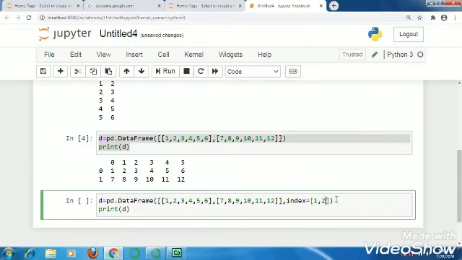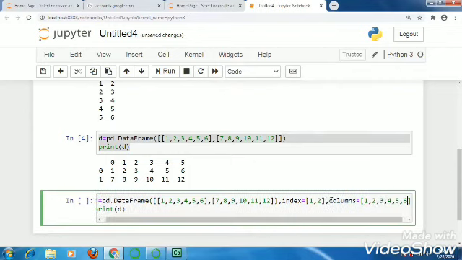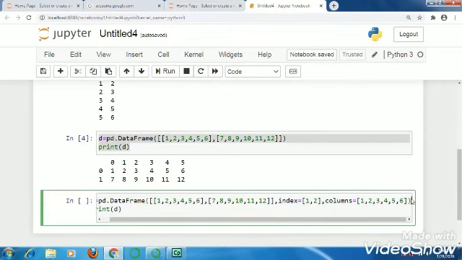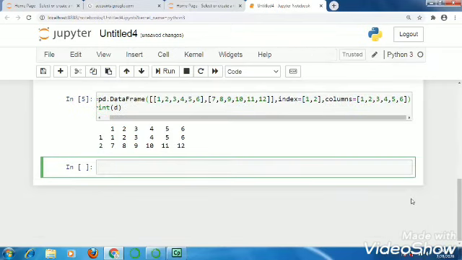And for column headings or column labels, we use columns. Here I want the column headings 1, 2, 3, 4, 5, 6. Total 6 columns are there. So this is the way we can define columns and rows, that means headings also. And you can see here the row labels and column labels are changed.